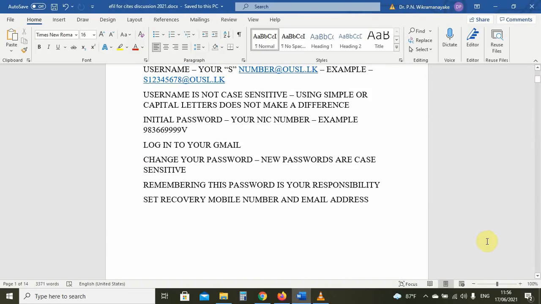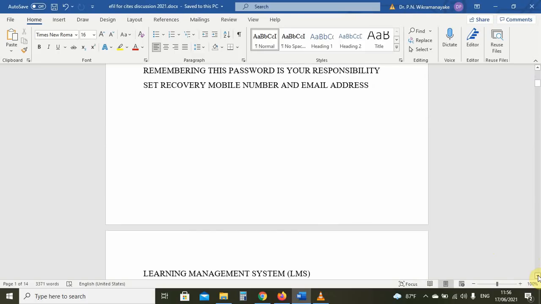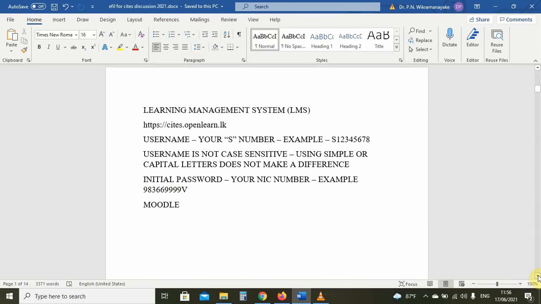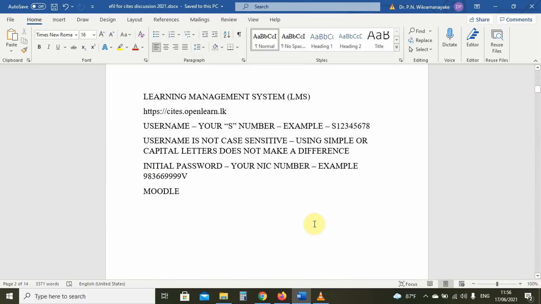Now that we have covered how to access and activate your Open University Gmail account, let us move on to how to access and activate your account on the Learning Management System. The website is given here, sites.openlearn.lk, and here to log in, your username is now only your S number.